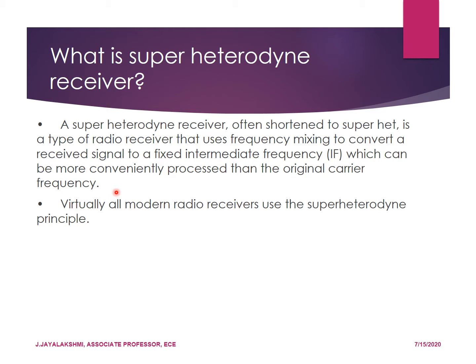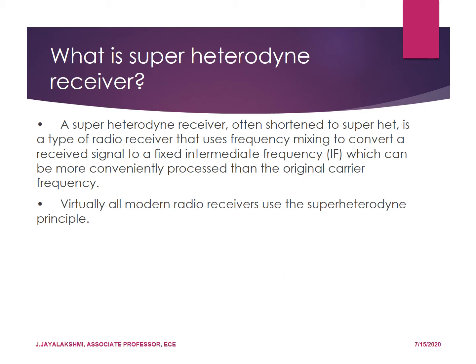What we are going to do is convert the received signal to an intermediate frequency signal with the help of a local oscillator. We are going to mix that received frequency with a locally generated frequency signal, so that it results in an intermediate frequency, making it easy to process that signal. Mainly this type of super heterodyne receiver is used in modern radio receiver systems. So this is the principle behind the radio receivers.